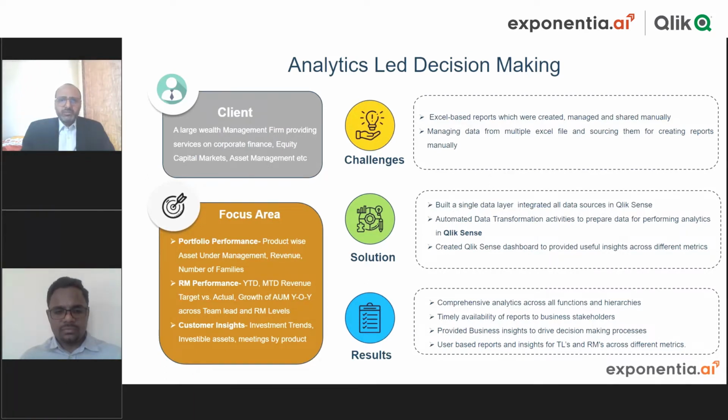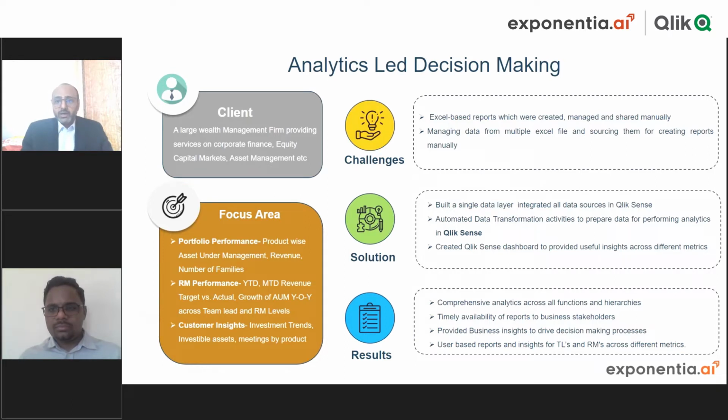So this is where Clicksense comes into the picture. Clicksense really allows them to correlate data coming from different sources, put all that data together, allow the free mingling of data, and take these processes away from the manual Excel based processes, which are typically prone to error, have a lot of complexity, and the quality of the feed itself is questionable. So you automate all of it. What this means is